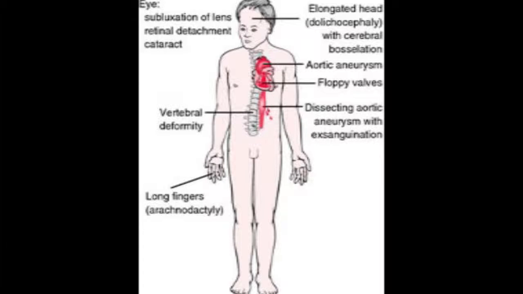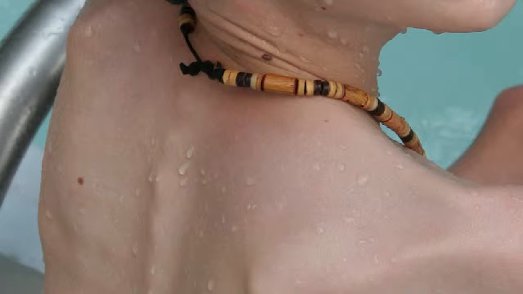Marfan syndrome is a genetic disorder of connective tissue. It has a variable clinical presentation, ranging from mild to severe systemic disease. The most serious manifestations involve defects of the heart valves and aorta, which may lead to early death if not properly managed. The syndrome also may affect the lungs, eyes, dural sacs surrounding the spinal cord, the skeleton, and the